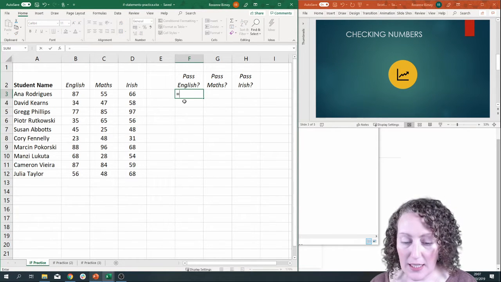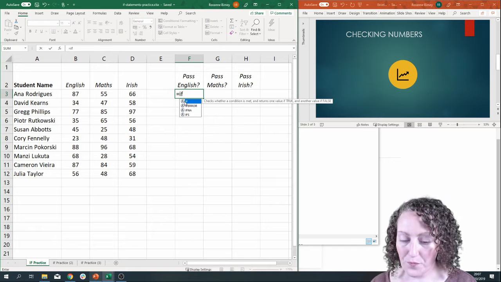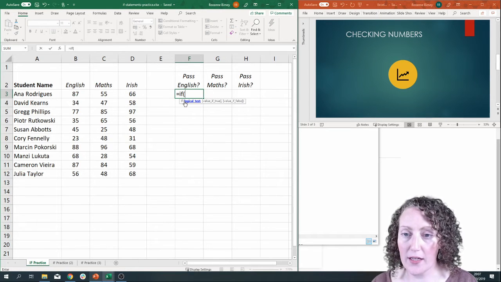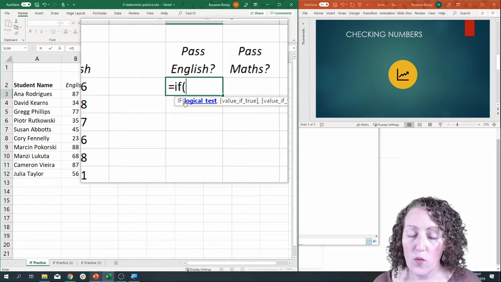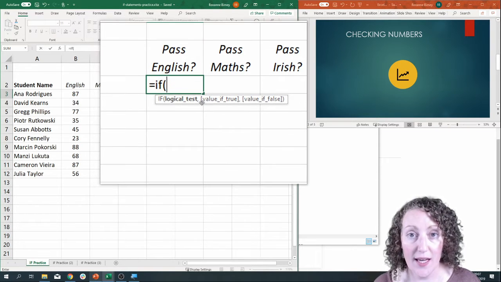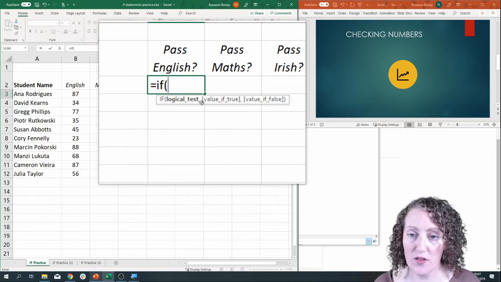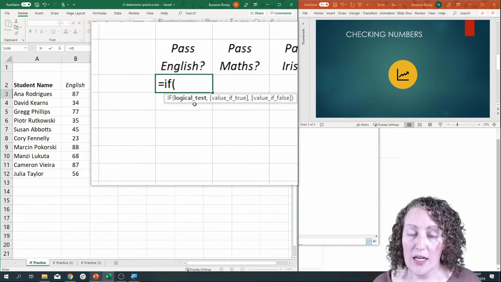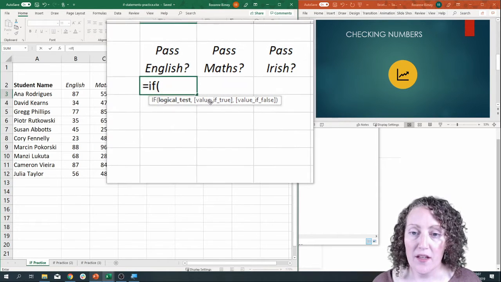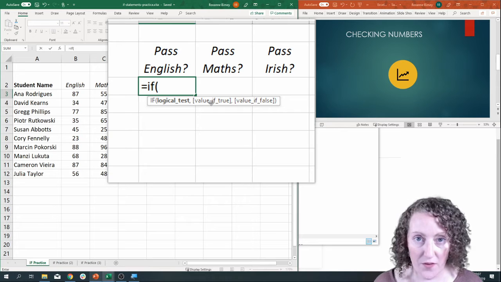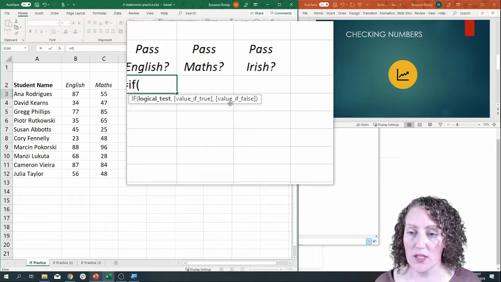And so you're going to type in equals IF and open a round bracket. And then you can see here that Excel gives you a hint about what you're supposed to type next. So it kind of tries to help you out with what you need to put in here. So there's the logical test, first of all, that's the thing we're checking. Then there's the value if true, what happens if it's true, and lastly the value if false, which is what